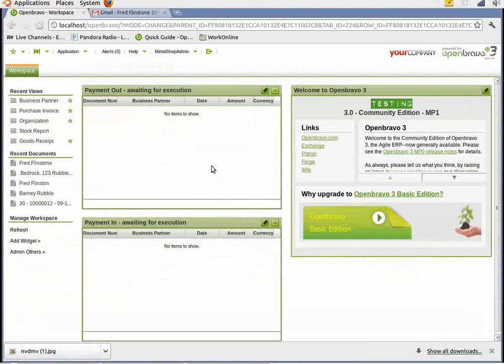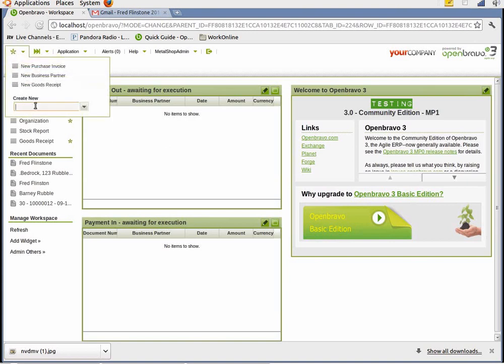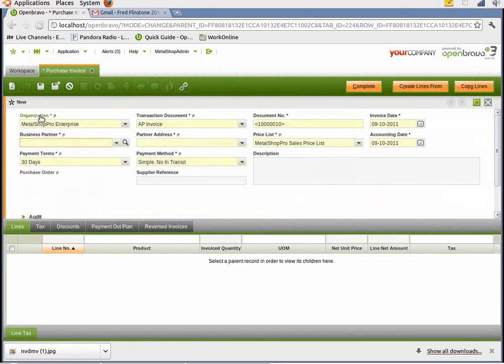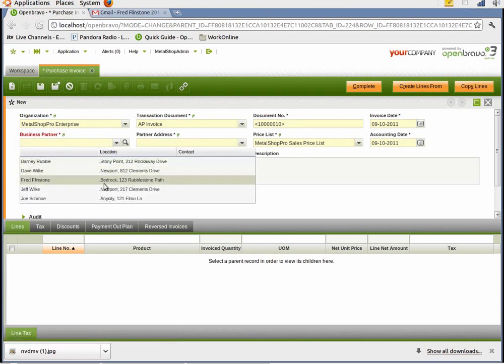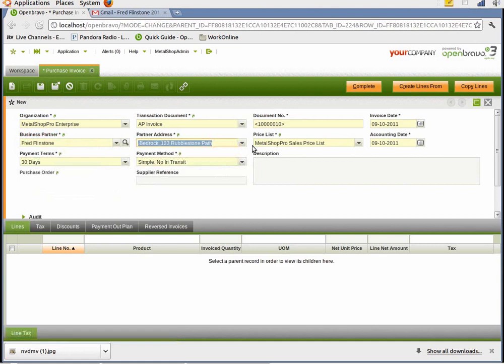Okay, now that we have Fred Flintstone entered into the system, the next step is to pay him, and in order to do that we first have to create a purchase invoice, and that can be done from the workspace. Here just type in purchase invoice, pop up, and it creates a new one for us. We can choose the business partner is Fred Flintstone, puts his address in,